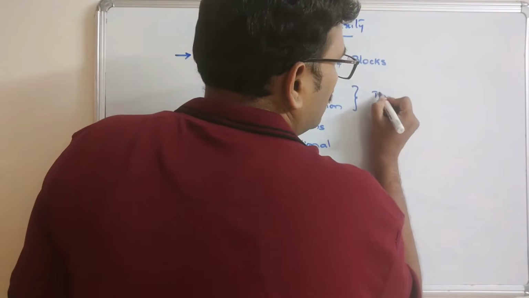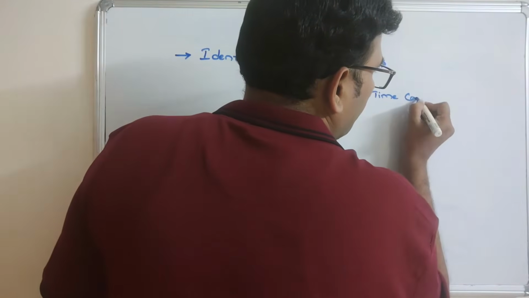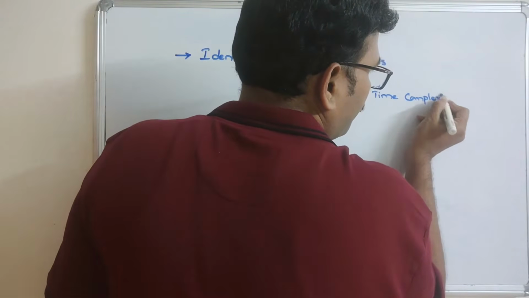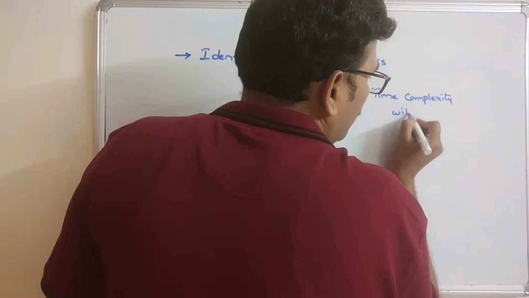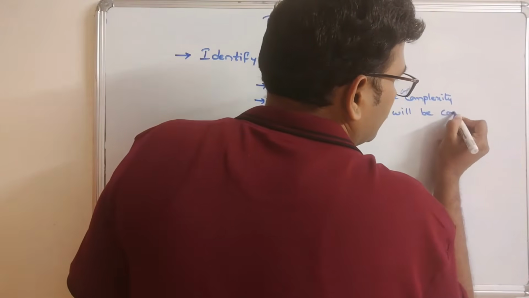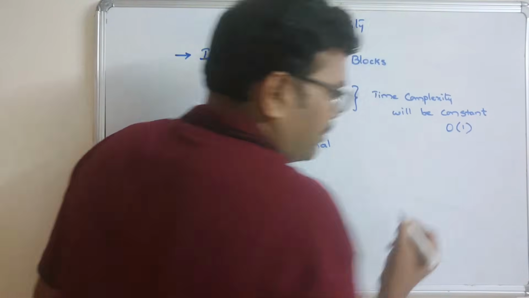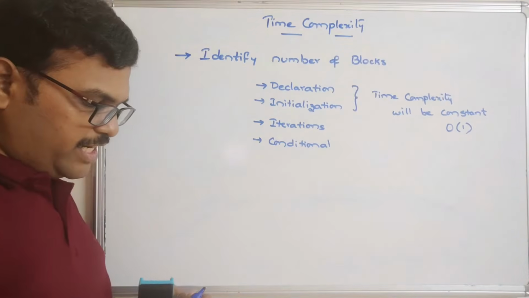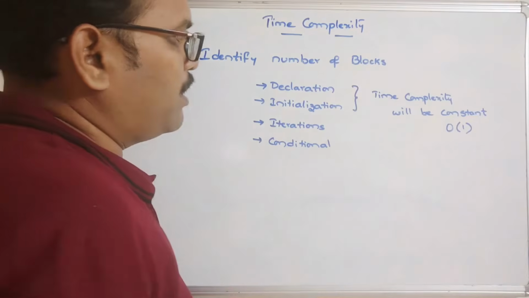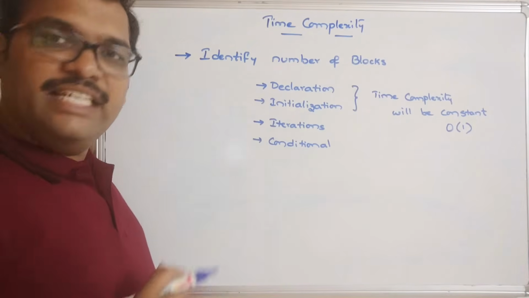time complexity will be constant. So constant means big O of 1. We can say constant as big O of 1. And for iterations and conditions,